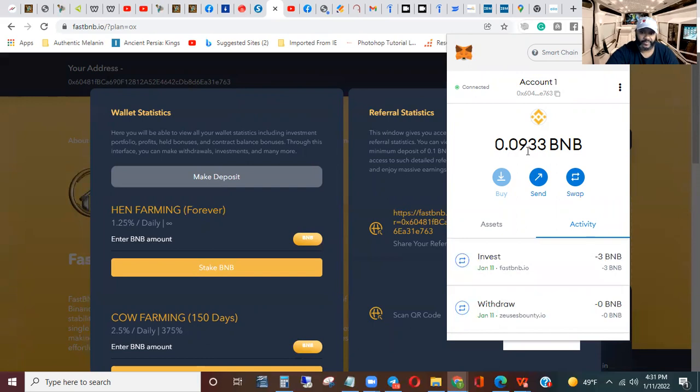As soon as this hits 0.1, I'm going to go ahead and get me another one. I think it's 103, but I'm not far away from it. So I have another opportunity. I'm gonna pull that out of there and put it in here, and then put it back in here, and just keep this growing, to about 3% a day, people. So that means you can compound daily. My 3 BNB can be 9 BNB in no time.